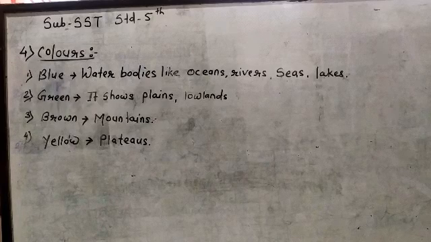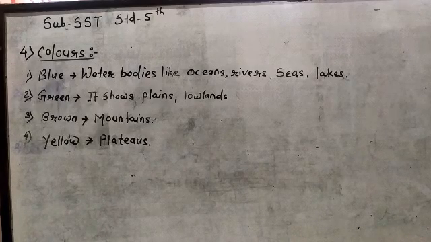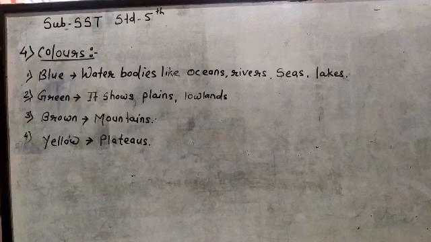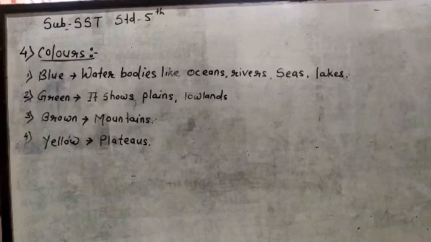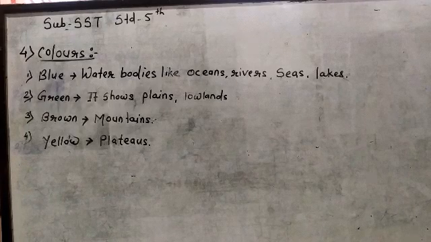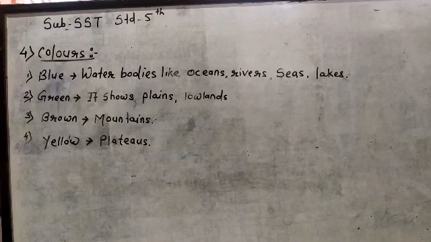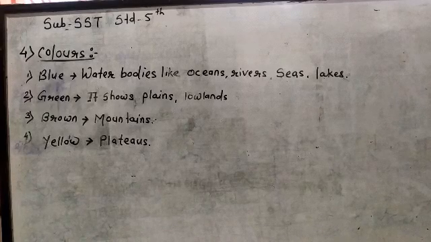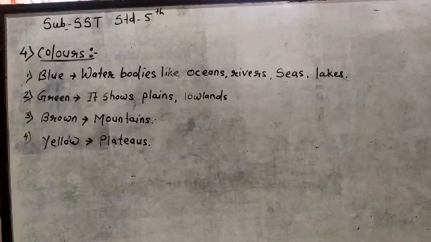See the next map, that is political map of India. So political map shows us international boundaries, state boundaries, country capital and state capital. So with the help of conventional signs and symbols, we can understand the political map. If we understand the different lines that show something, if we understand the language of the map, in this way we will understand the political map of India.